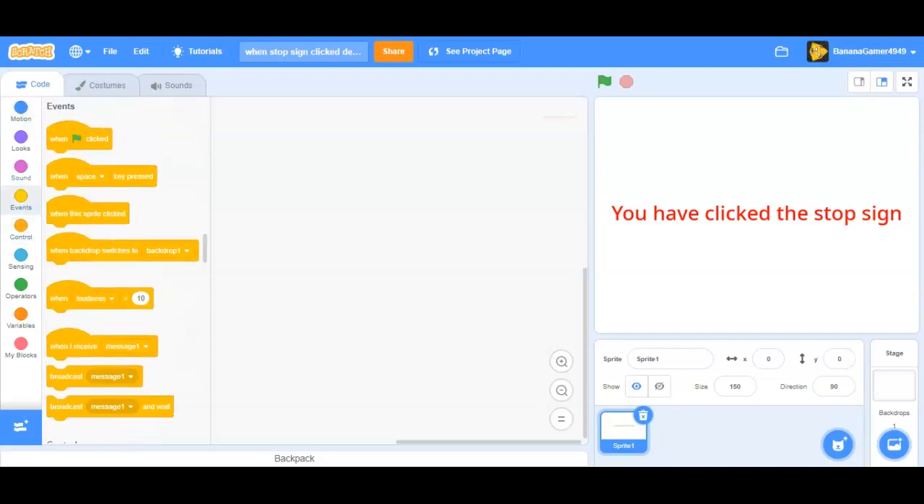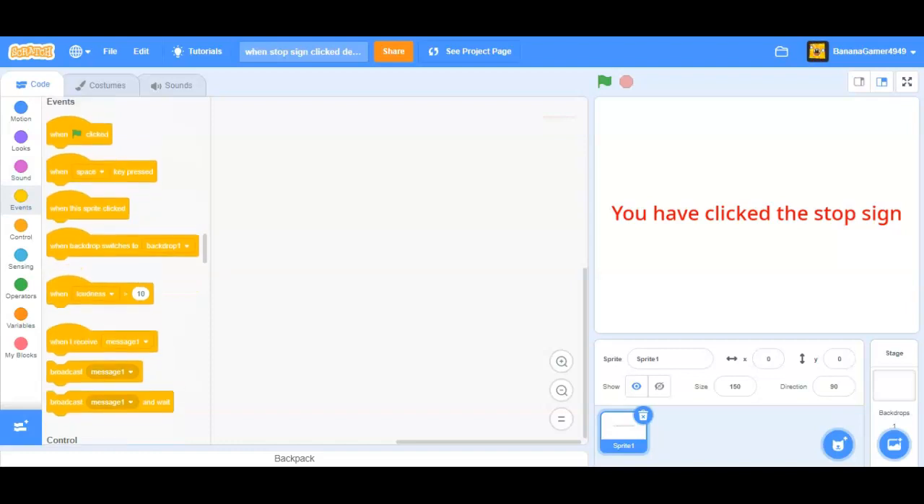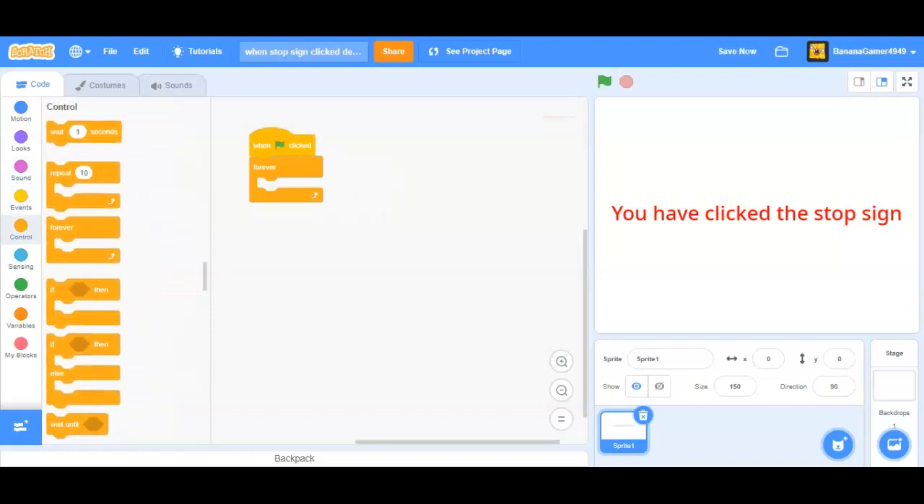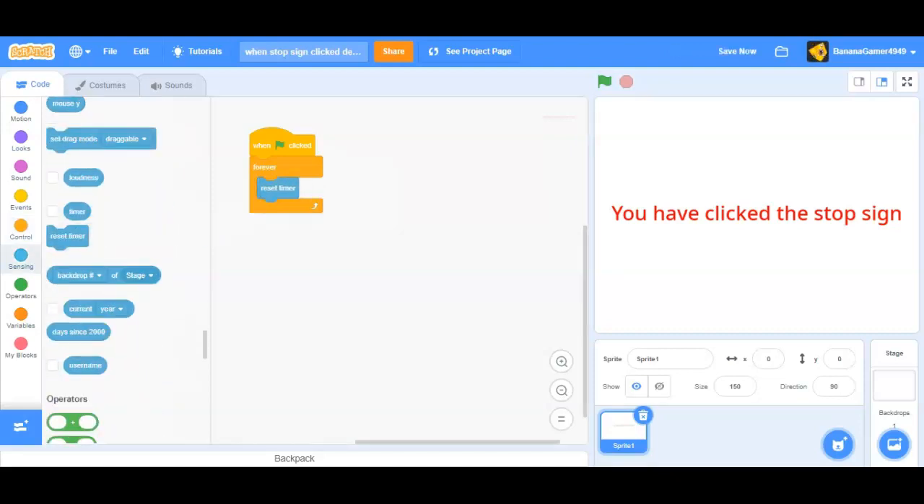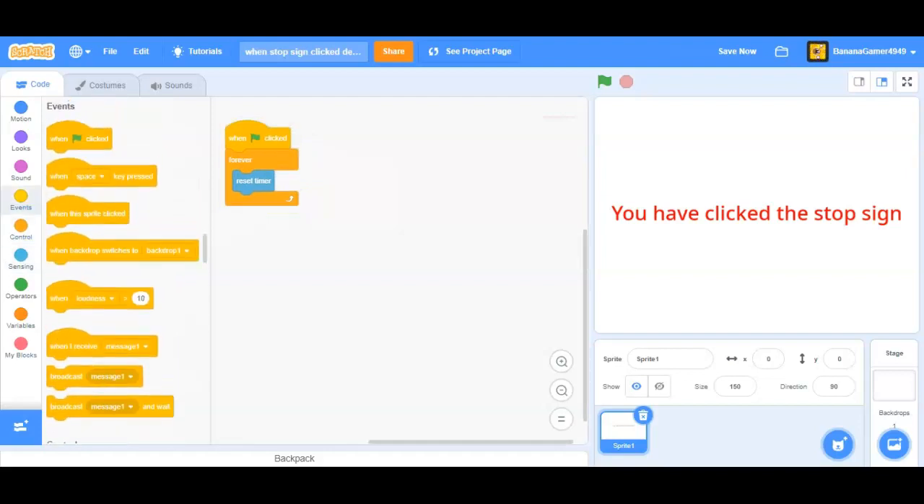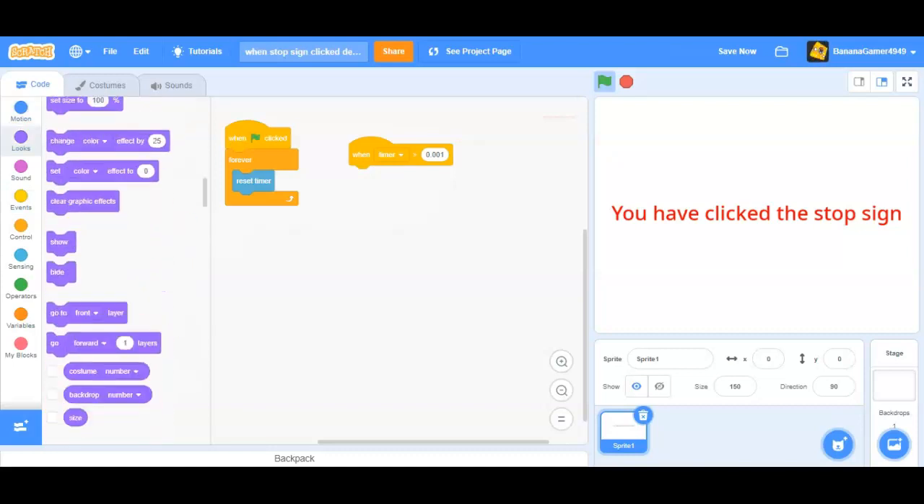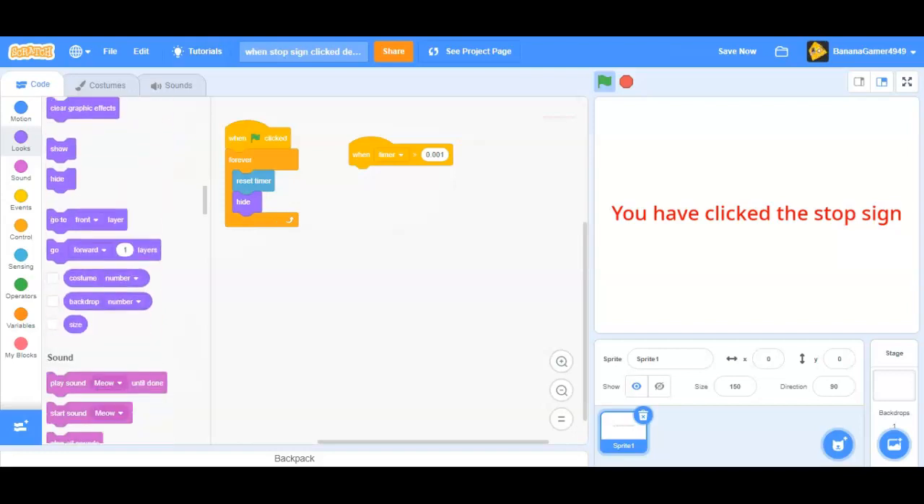So you're going to get a "when the green flag is clicked" block, and then "forever" going to "reset timer", and then, this is a different script, use the "when timer is greater than 0.001". So you can do this: reset timer, forever reset timer and hide, and when the timer is greater than